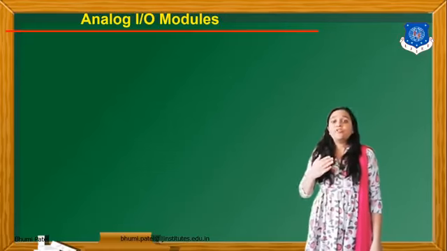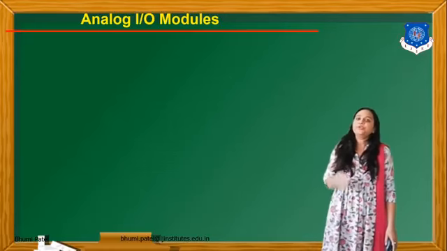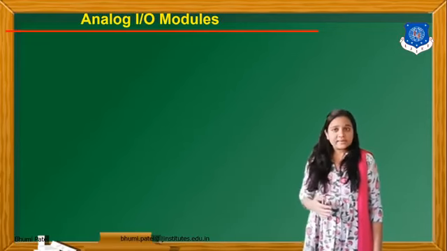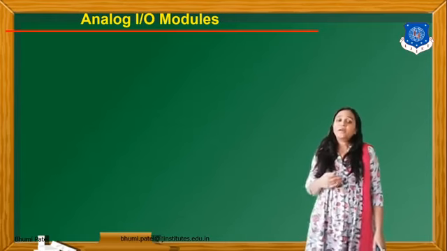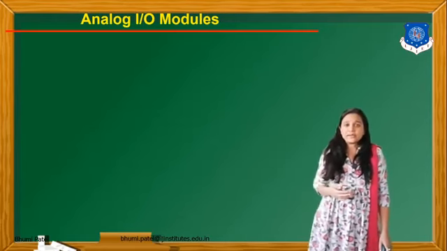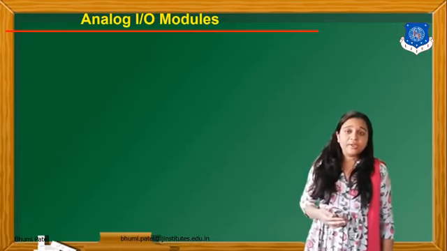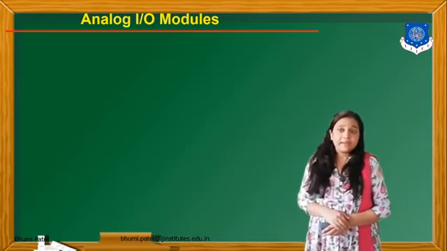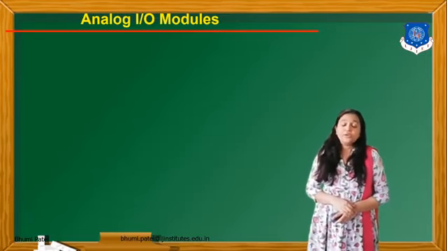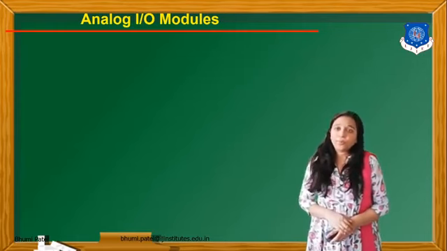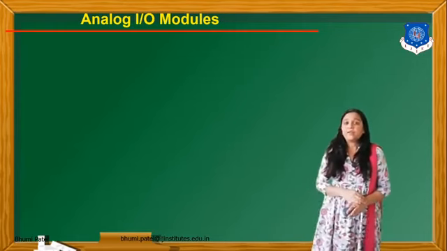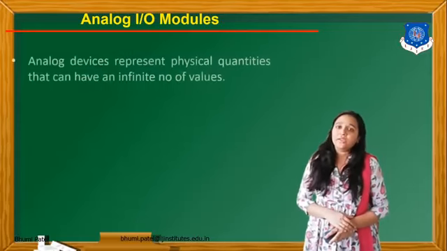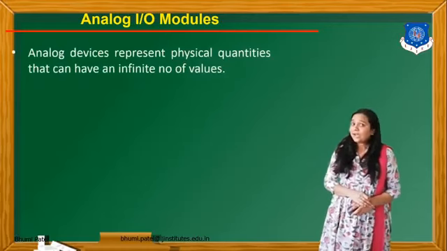Now, which types of inputs and outputs are used in the PLC block diagram that we studied in the last session? In the input, we can connect switches, sensors, or level instruments, and in the output, we can connect different types of LEDs and contactors. Using these input and output modules, we can identify whether the logic given to the PLC software is correct or incorrect. So today, what is the analog I/O module?